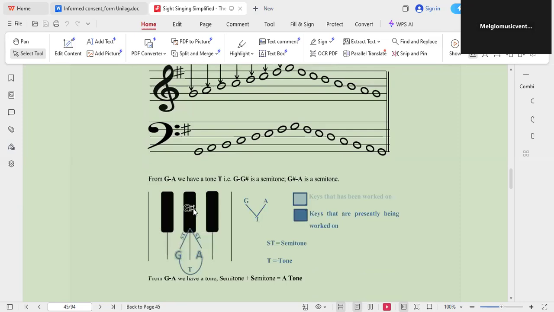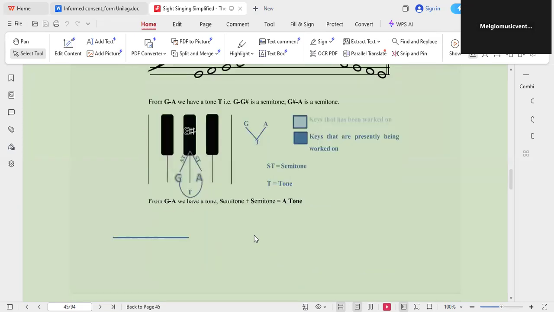From our major scale pattern of tone, tone, semitone, tone, tone, tone, semitone, what we need between G and A is a tone. From G to G sharp, we have a semitone. From G sharp to A, we have a semitone. Semitone plus semitone equals a tone. So we have a tone from G to A, which corresponds to our major scale pattern. Then from A now,